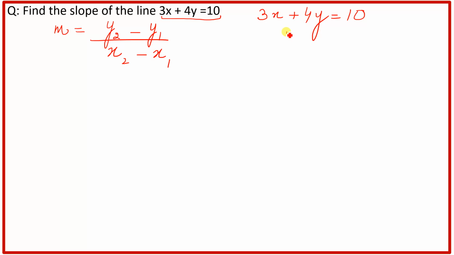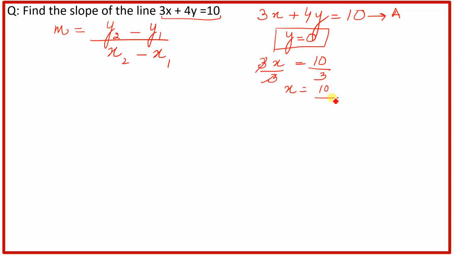First of all, suppose if I say take y is equal to 0, and this is our equation 1. Suppose put the value of y in equation 1. So our equation 1 will be 3x is equal to 10 because y is equal to 0, right? So if we solve for x, x is equal to 10 over 3. So our first solution set is 10 over 3 and 0. Keep in mind, always you have to write down the x coordinate first. So this is the first solution set.